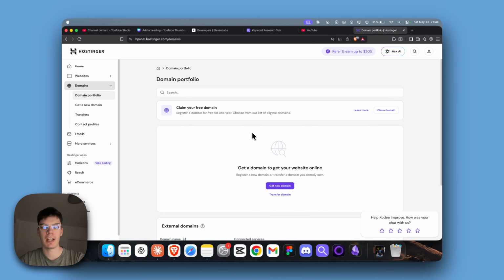How to change PHP version in Hostinger. So if your WordPress site or a plugin requires a specific PHP version, here is how you can change it in Hostinger. Log in to your